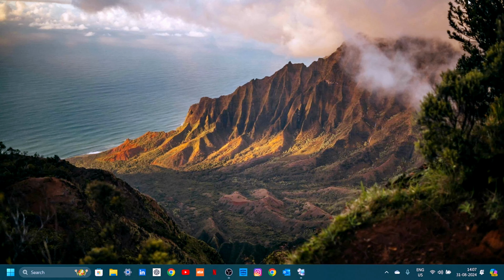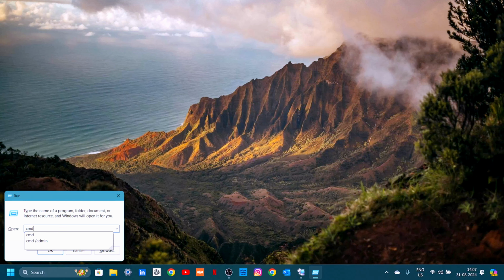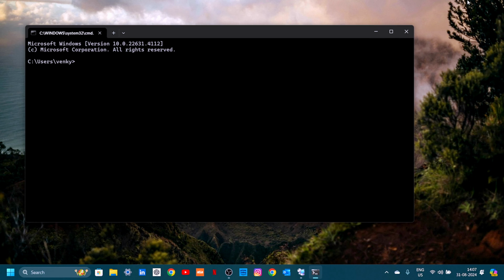So here now I'll go to Run and type cmd. It will open the command prompt, or I can go with cmd as admin, which will give me the command prompt with admin privileges. Now I'm doing a CLS, that means I'll have a clean screen.